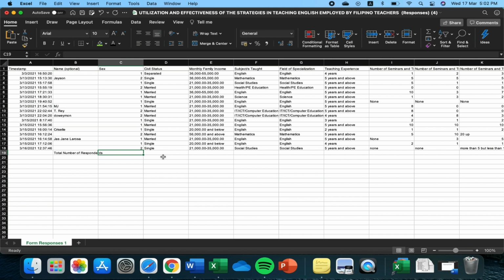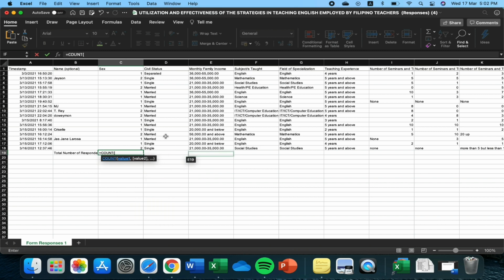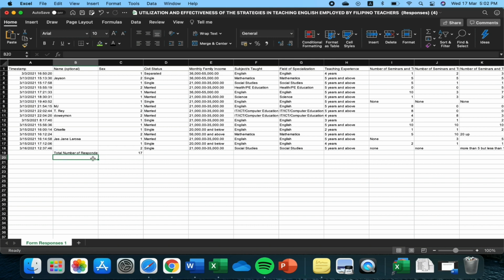Okay, so in order for us to know the total number of respondents, we're going to use the function COUNT. For you to use that, you type in equal, then type in count and click COUNT, and then you can just go ahead and drag from the first row up to the last one, then close parenthesis and enter. Okay, so total number of respondents, we have 17. Now if you want to know how many are males and how many are females from this record, we can go ahead and